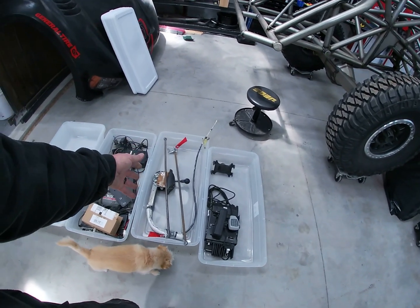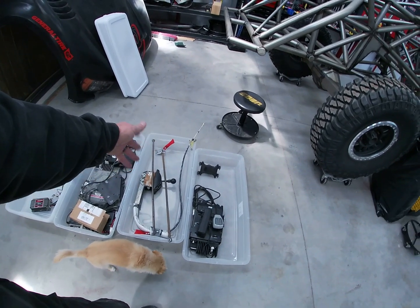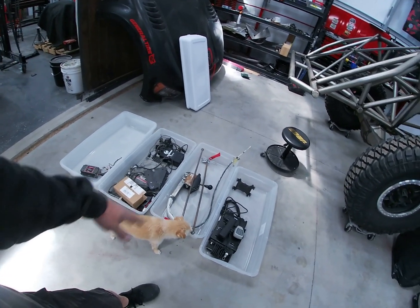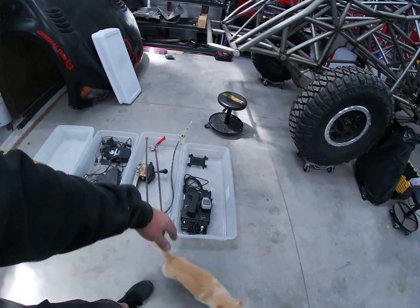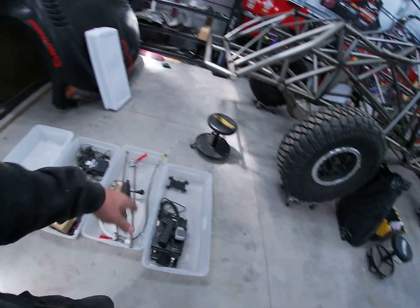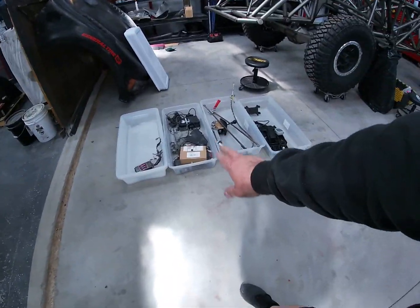This one's just going to be miscellaneous stuff. So like the window nets will go in there, the shifter, the window net bars. Probably make another one with belts that'll be tied to that one. That's a chase radio. I'll take it out, but that's my process, and I'll put labels on each of those,